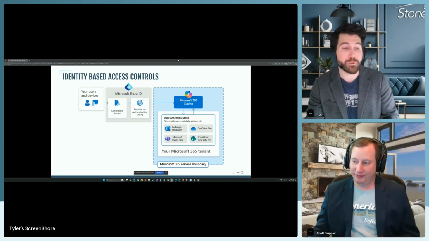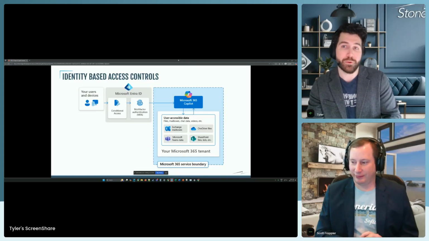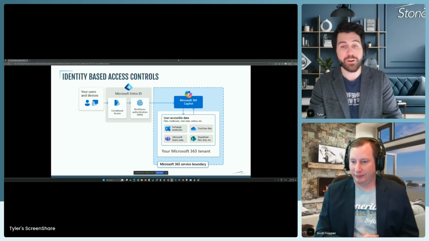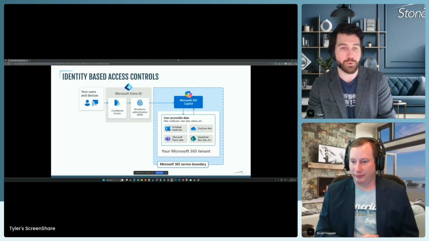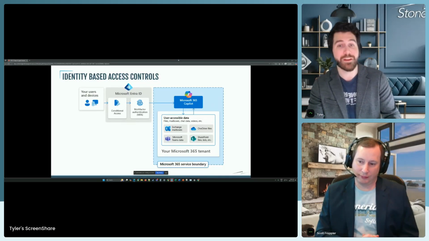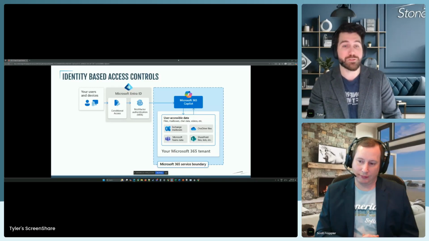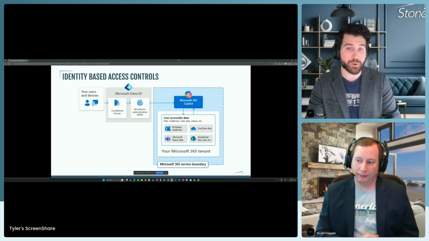In a cloud environment, how do we ensure that you are who you say you are? With identity-based access controls. So starting with the identity-based part of that, how do we ensure that you are who you say you are with multi-factor authentication? If you've used multi-factor authentication before on a bank account, or perhaps it's already been pushed automatically to your M365 tenant by Microsoft, you know what that is already, but it's essentially using a separate factor like your phone or a phone number or an authenticator app to ensure that you are who you say you are when you're signing